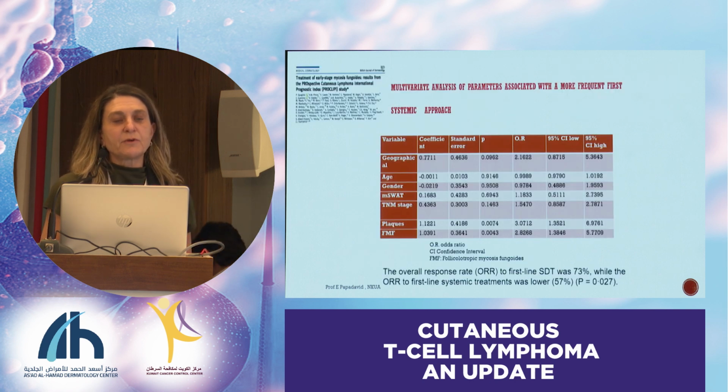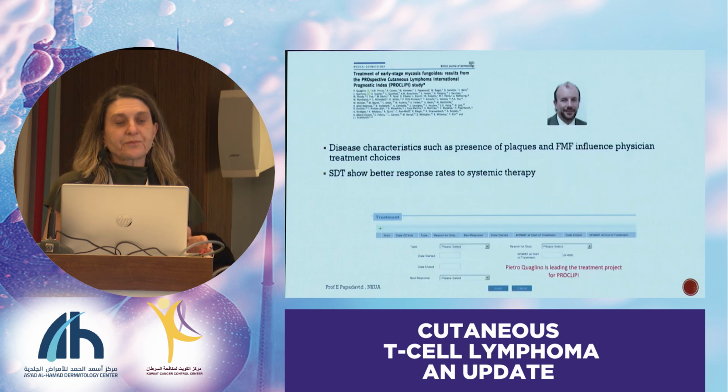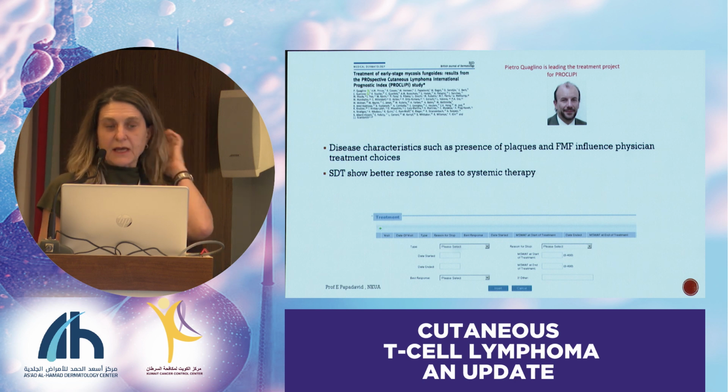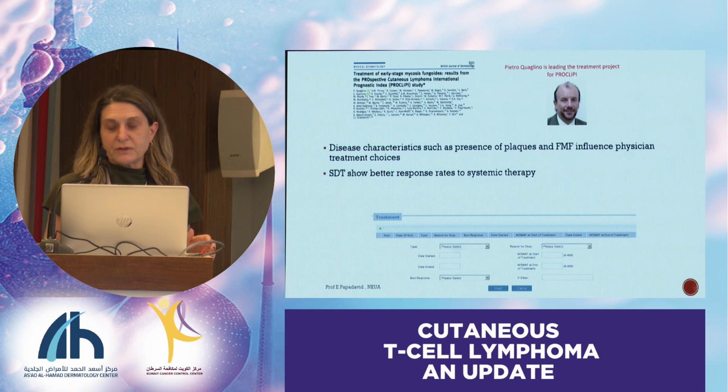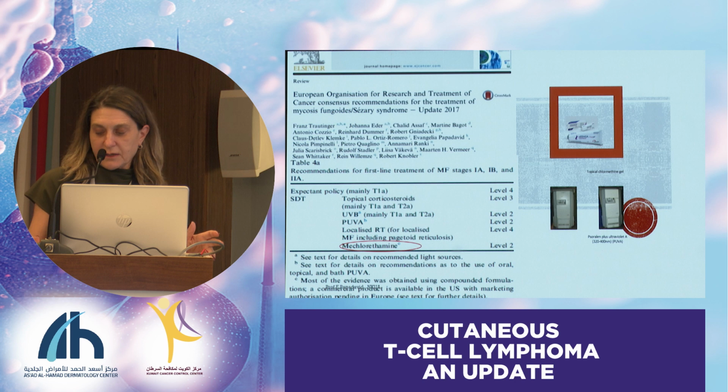And this is the multivariate analysis of these parameters associated with a more frequent visit for a systemic approach. So disease characteristics such as the presence of plaques and the presence of folliculotropism influence physician choice for a systemic regimen. And skin-directed therapies, however, show better response rates compared to systemic treatment. Now, what is new in topical treatments